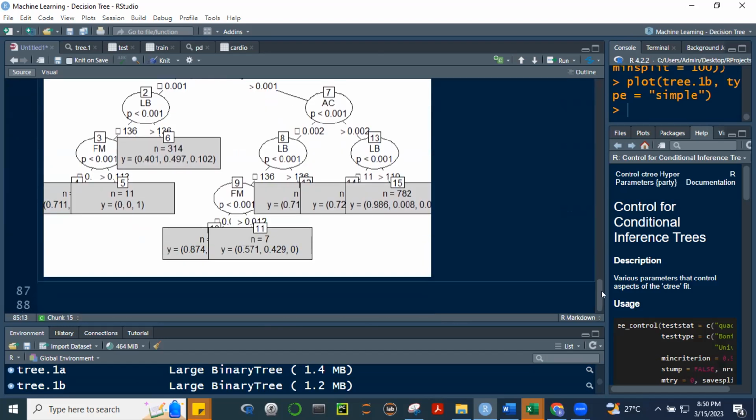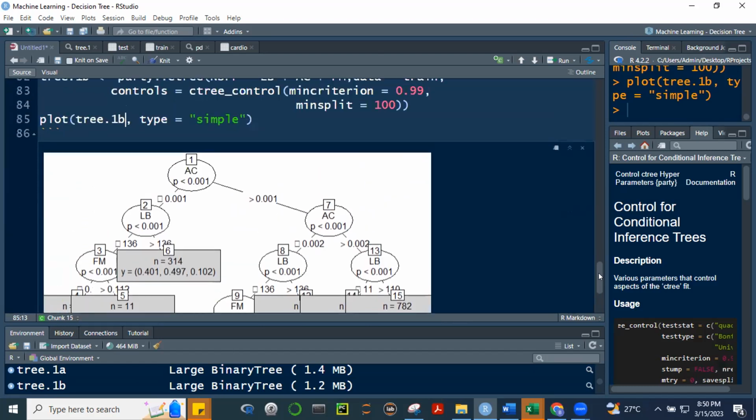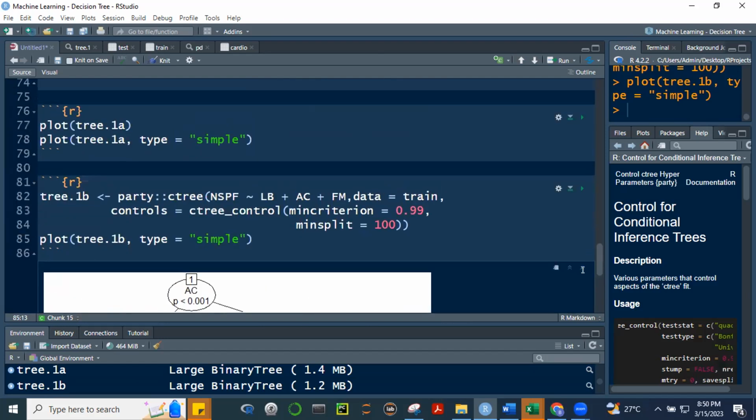Kasi yung pag-split ng data, yung pag-classify whether NSP, it becomes broader. Pag broader kasi, mas nagiging prone to generalizations na it could lead to errors or misclassifications.